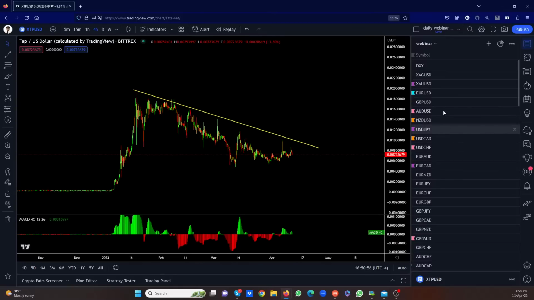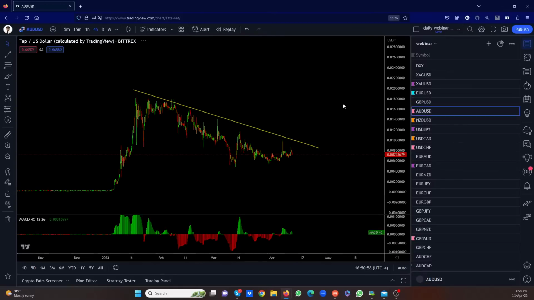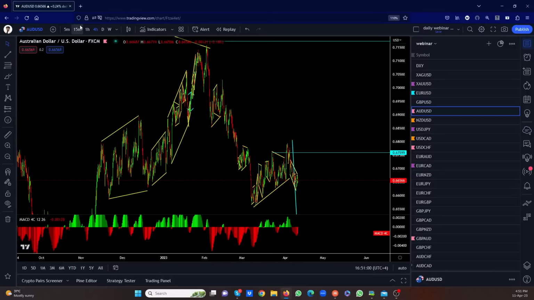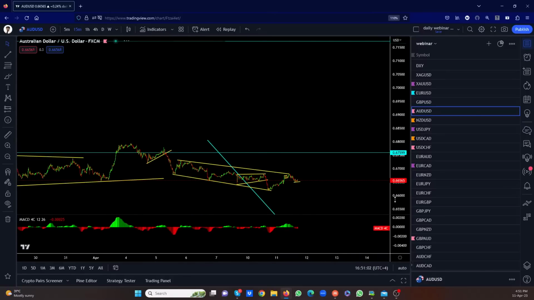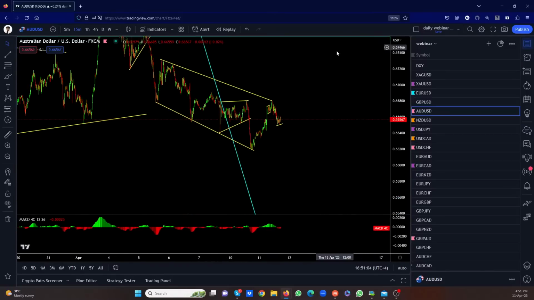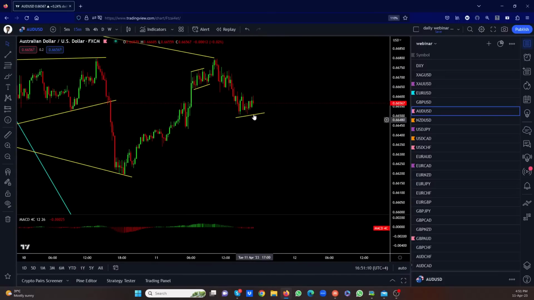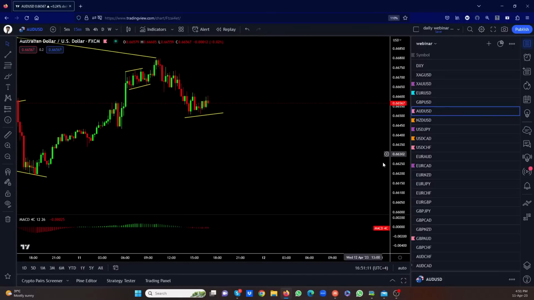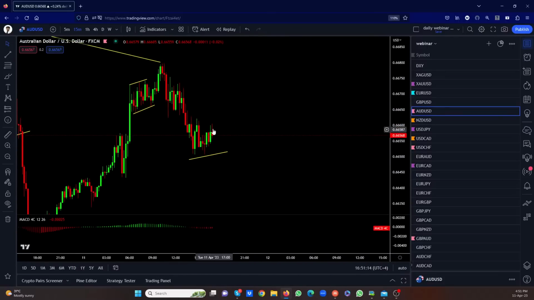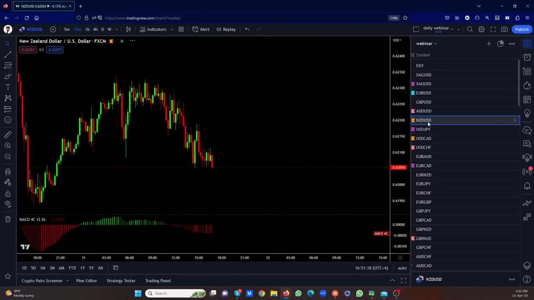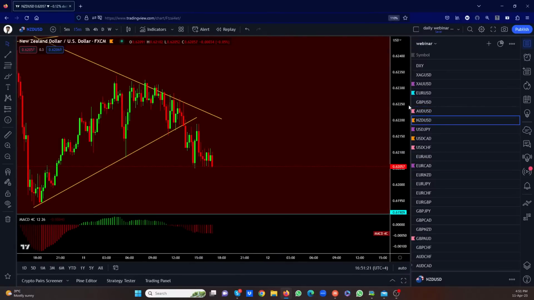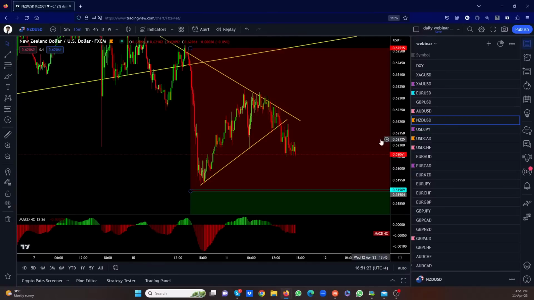Let's see what Aussie is doing. Aussie dollar is still kind of going sideways. Let's go back to the 15 minutes. This is the trade we're looking for. We're waiting for this sell setup. It's kind of looking nice already. It's starting to make flags. It has more consolidation in it before it drops. I don't think this is gonna be the one that drops. It's gonna pull back and then you get a drop, right? New Zealand, pretty much the same thing. We have a sell setup already in the New Zealand. It's going really slow. If it keeps going slow like that, take off this entry order.